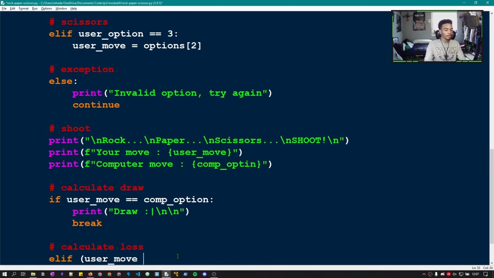So try to keep up. So if user move is equal to the options at the index of 0, and the computer option is equal to options at the index of 1,